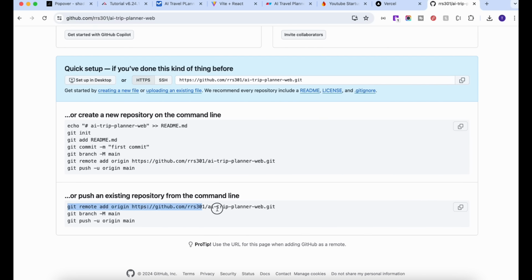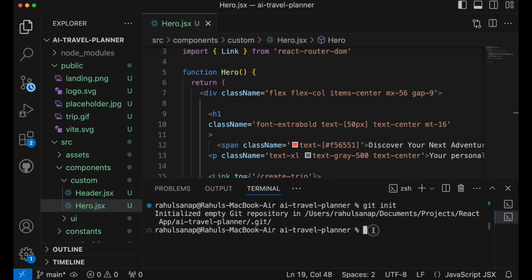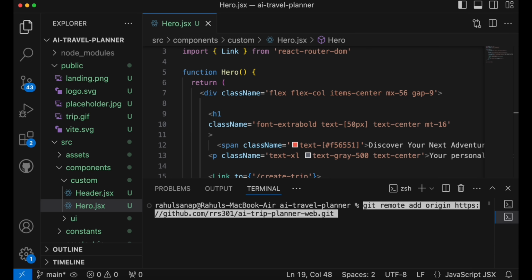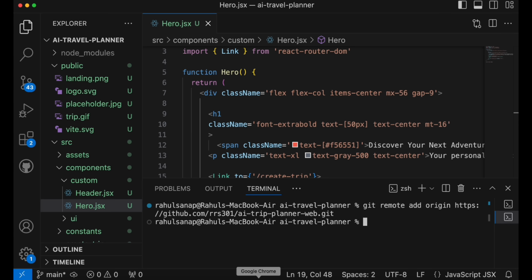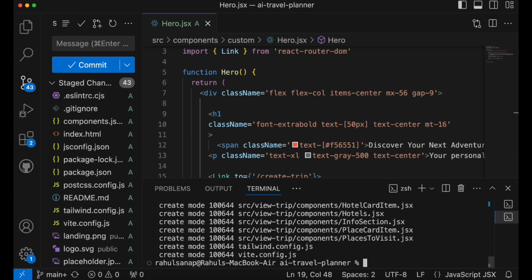Here copy this remote origin, and then go back to your application. First thing, we need to initialize git. So just type git init. Okay, then we'll add the remote origin. That means we are just connecting our application to this particular GitHub repo. Okay, then just type git add space dot, so it will add all these file changes, and then we have to commit these changes with some message. So here we'll say initial commit. You can give any message. Okay, and the last,